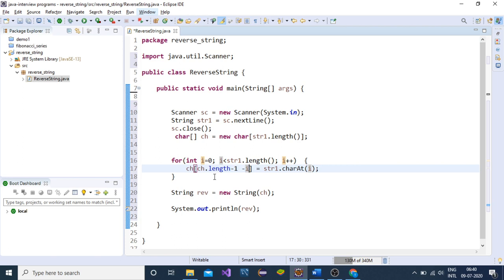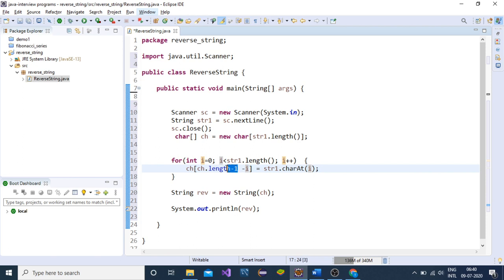So this is the last index of this char array. As the value of i will increase, it will move towards the beginning.